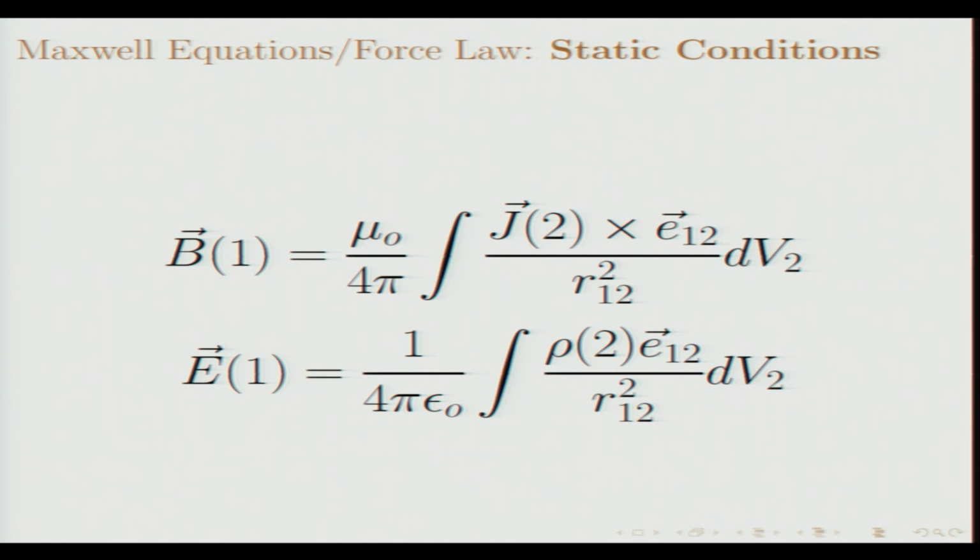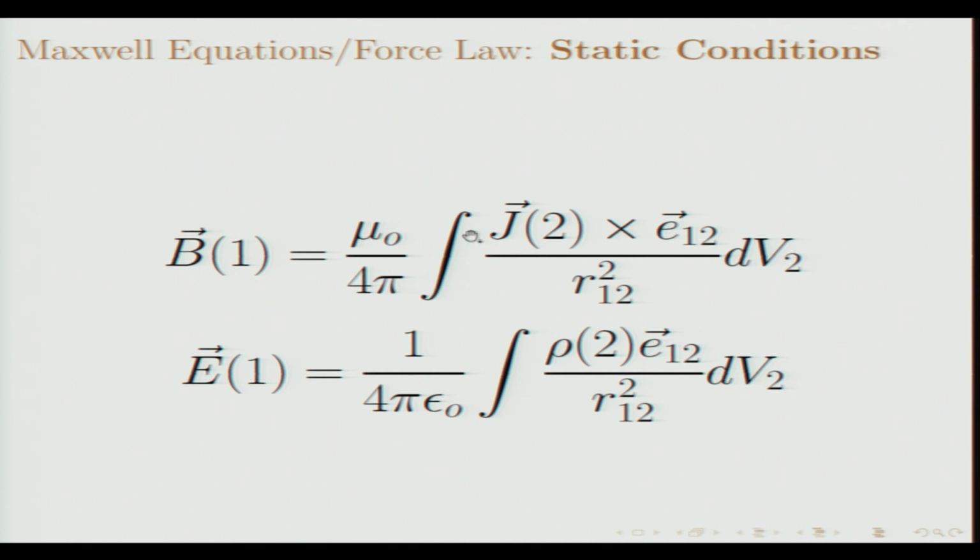If you use Maxwell's equations under static conditions, there are nice formulae which directly give you, using action at a distance kind of formulae, what B and E are. So, for example, the first equation is Biot-Savart's law, and what it says is that the magnetic flux density at point 1 due to a current density at point 2 is given by this formula, mu naught by 4 pi,